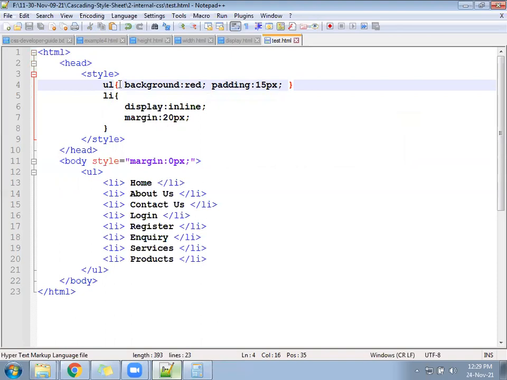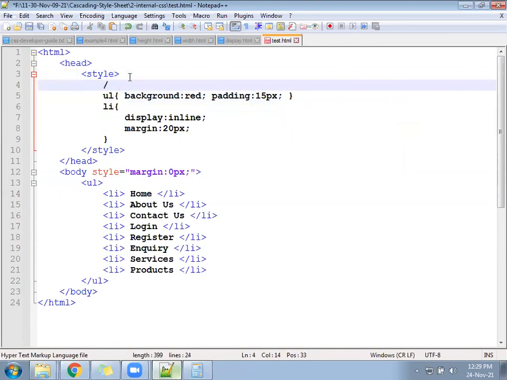Okay, now see how it works. Your compiler will come from the beginning. Once you run this file, the compiler will start from the beginning and find, okay, in the current page there is a selector called UL. Selector. Let me write a syntax here also.